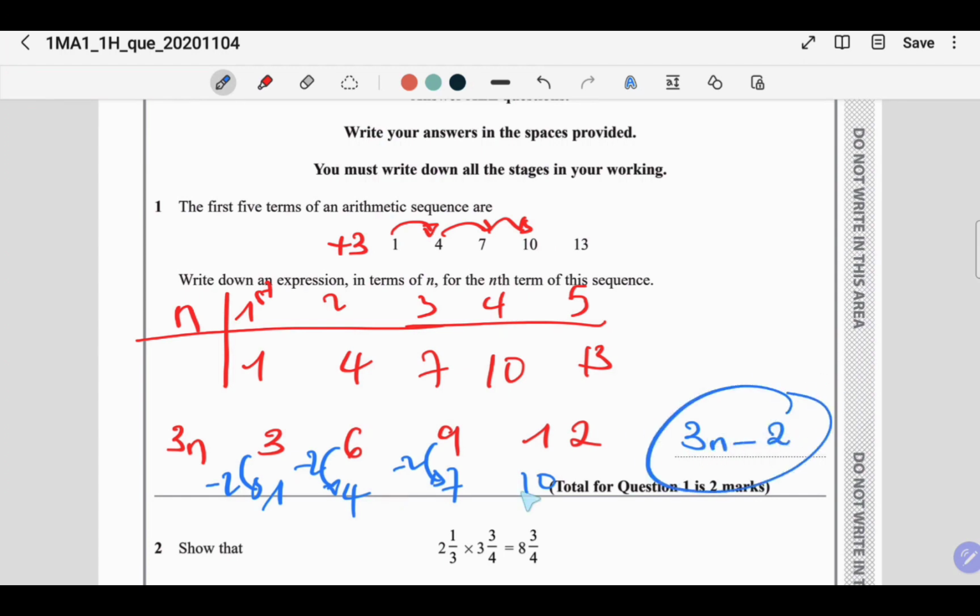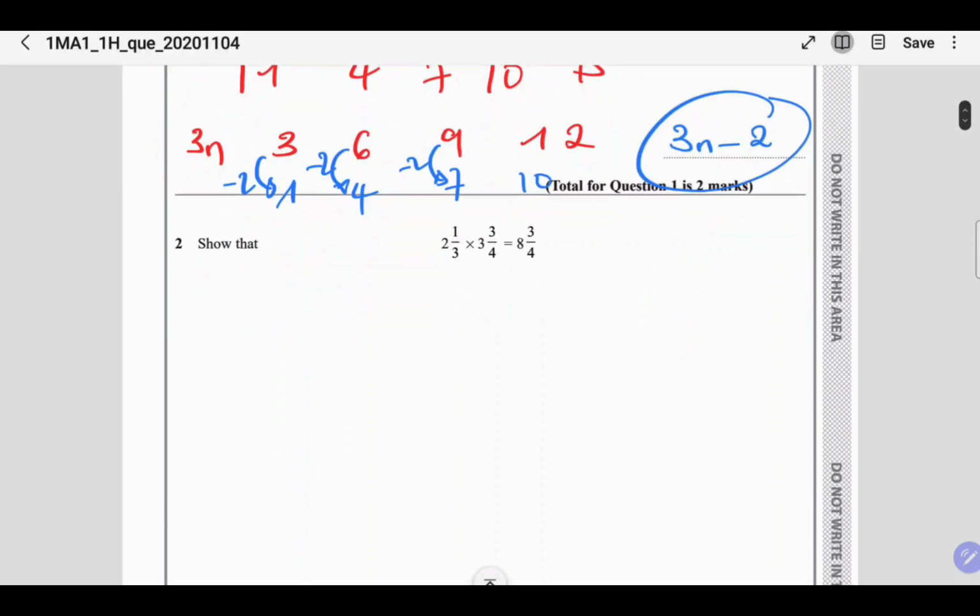Now you can test this out for any value that you want. When n equals 1, you're going to have 3 minus 2, which is 1. When n equals 2, you're going to have 3 times 2, which is 6, and 6 minus 2 is 4, pardon me. And so on. Okay, let's go on to the next question, which says, show that 2 and 1/3 times 3